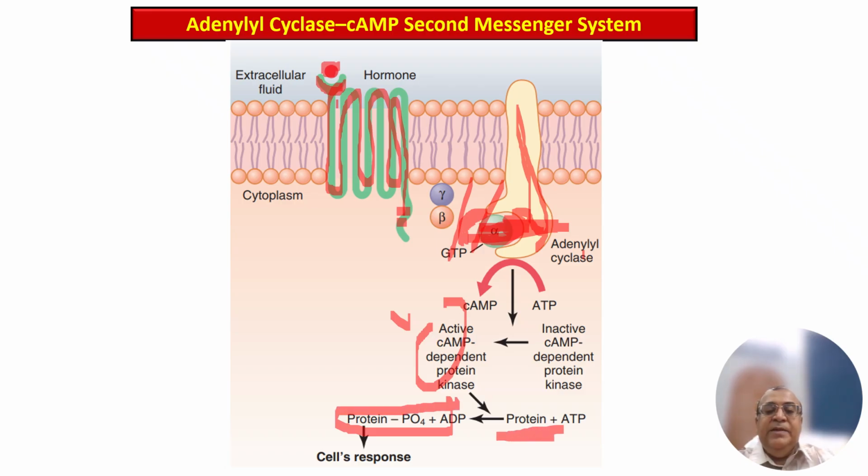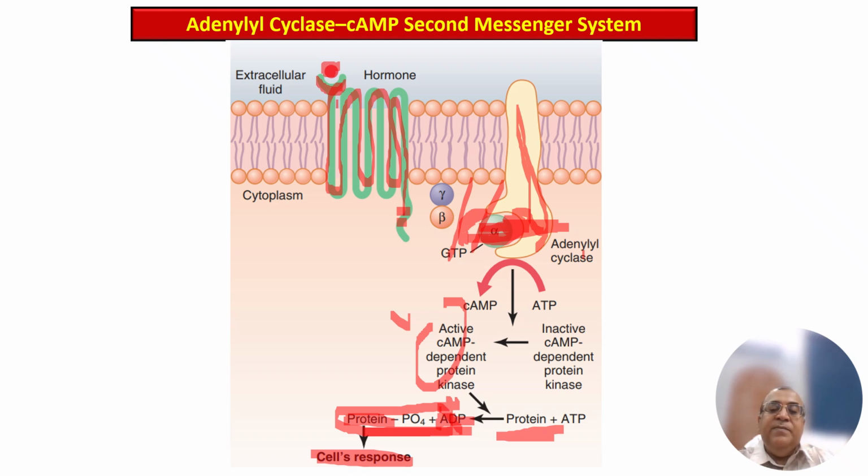ATP and protein are converted into phosphorylated protein or protein phosphate, and also this ATP is converted into ADP. So finally, after this phosphorylation of a protein or cascade of proteins, these phosphorylated proteins trigger a specific cell response depending on the type of the cell and the proteins that